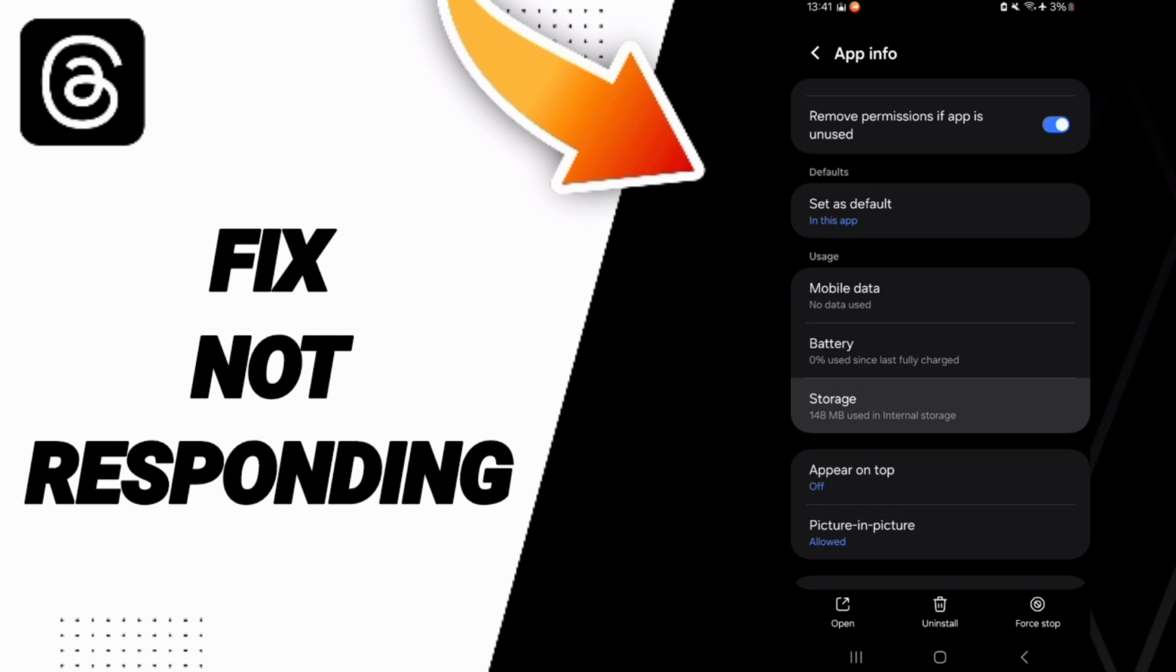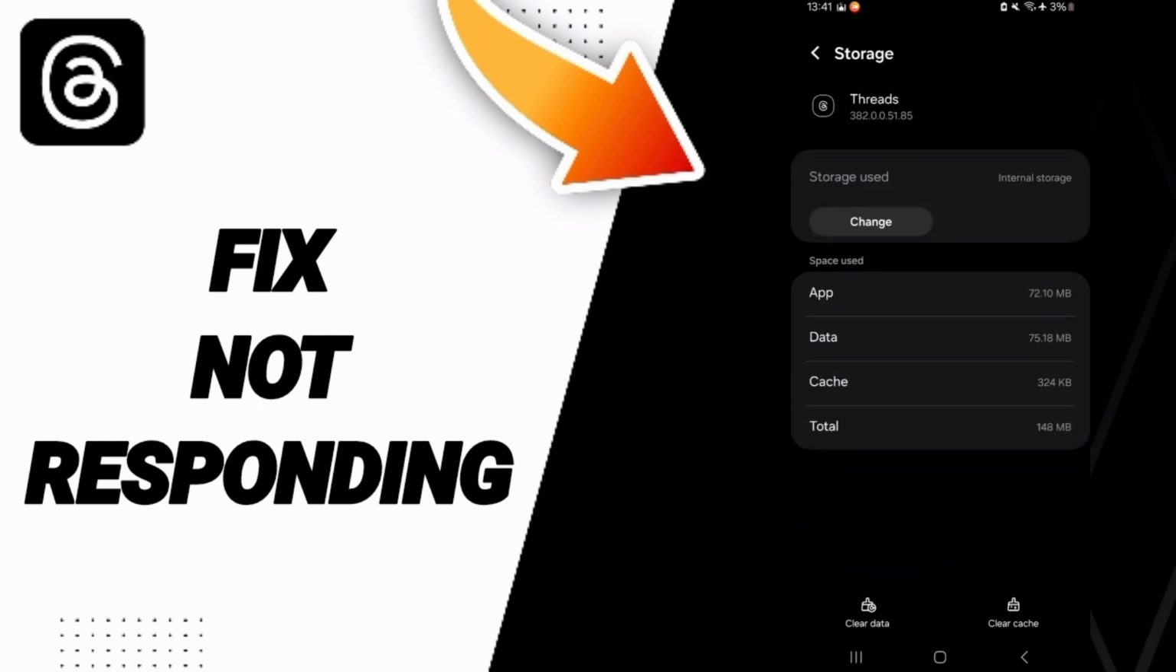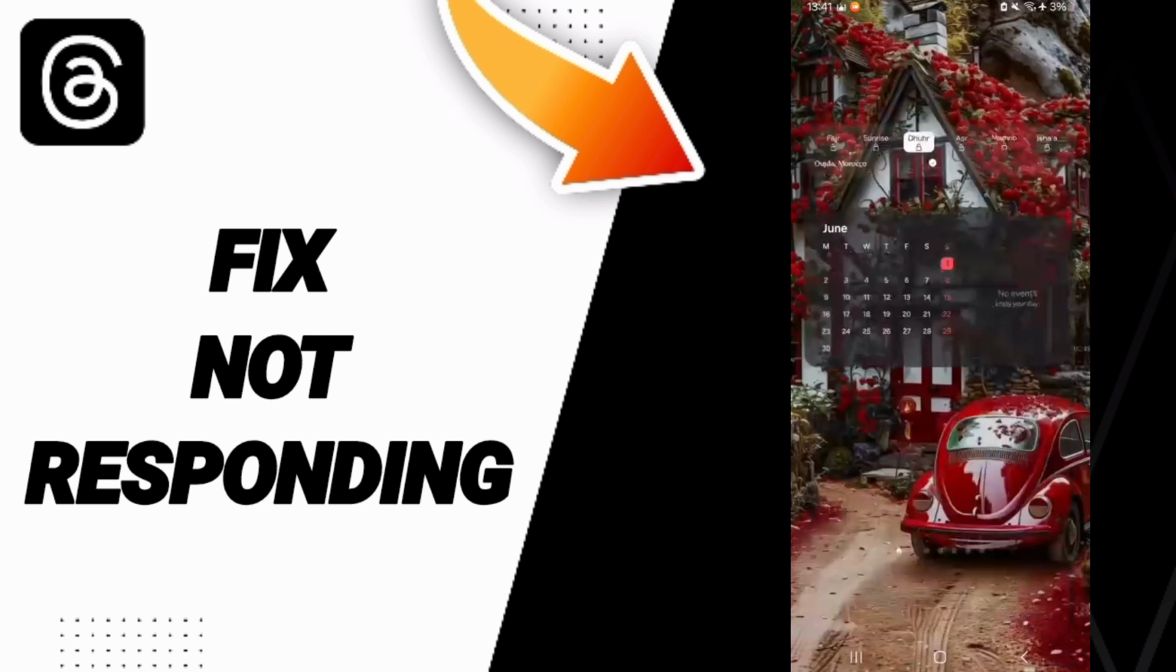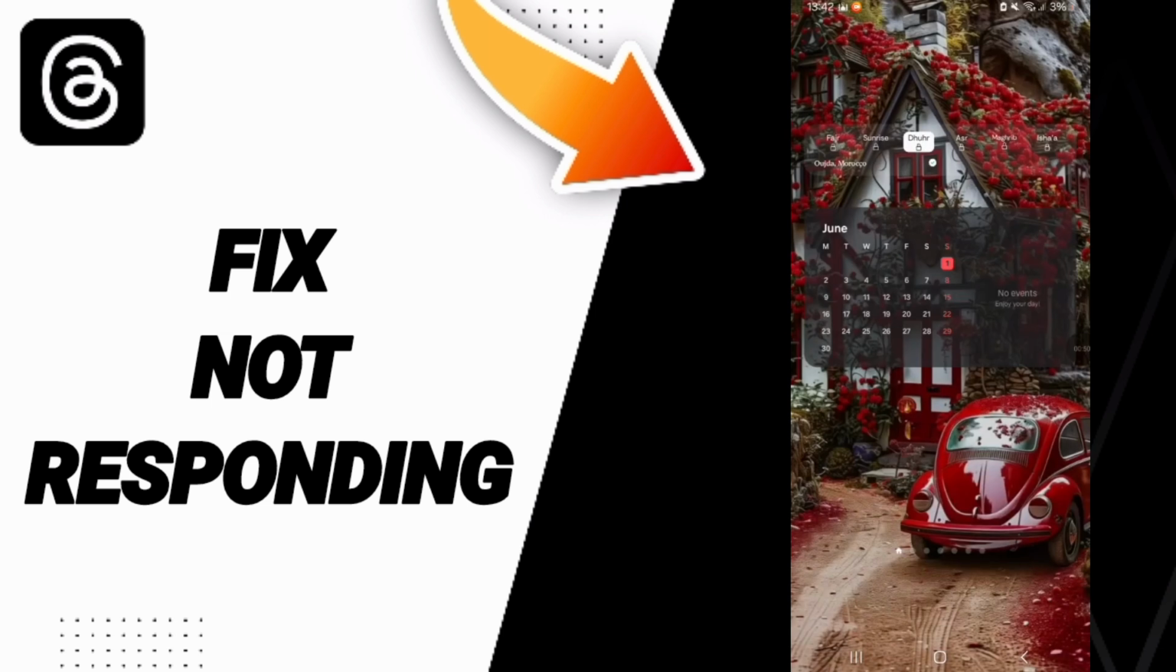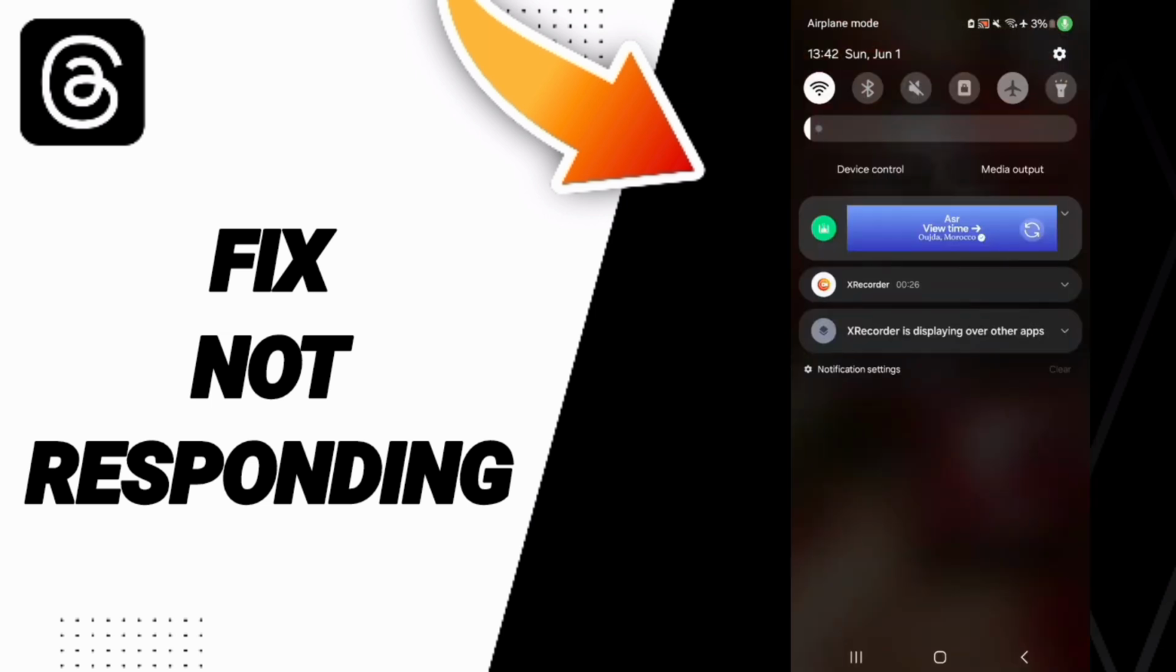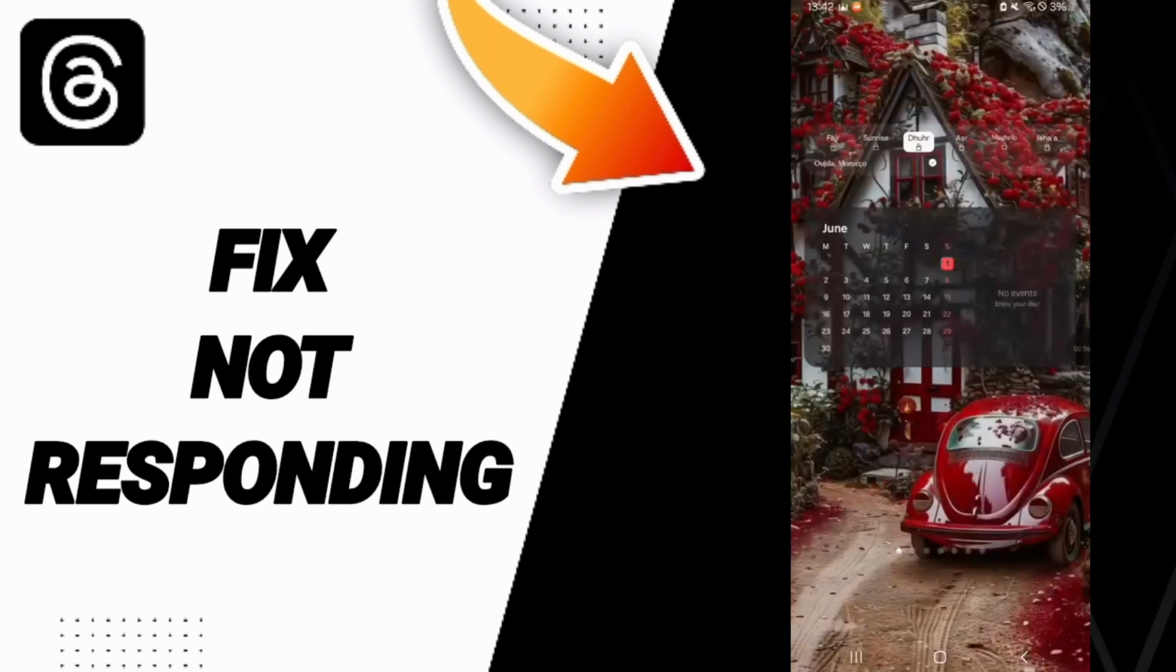Here we go to storage. On this storage page we click on clear cache. Here, as you see, you will find this sign like this. We click to turn on your airplane mode, and then we'll turn off your airplane mode again to fix that problem. So please don't forget